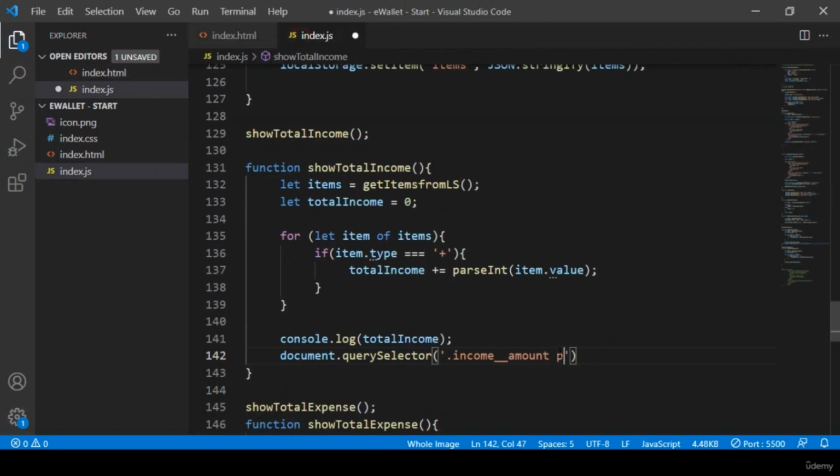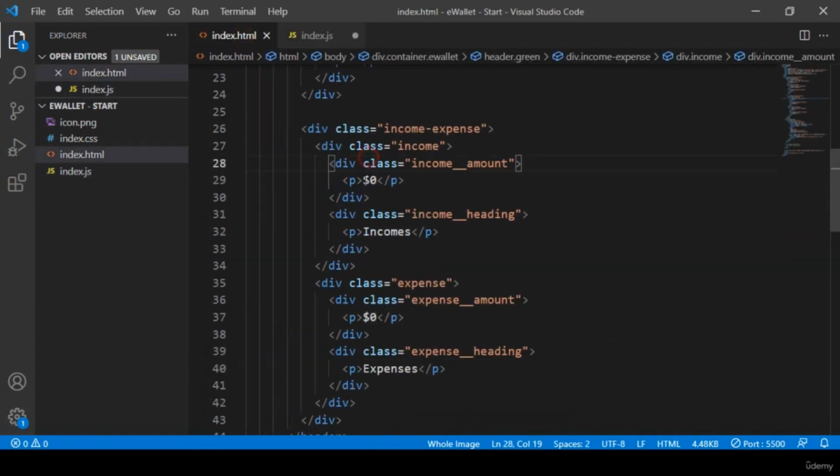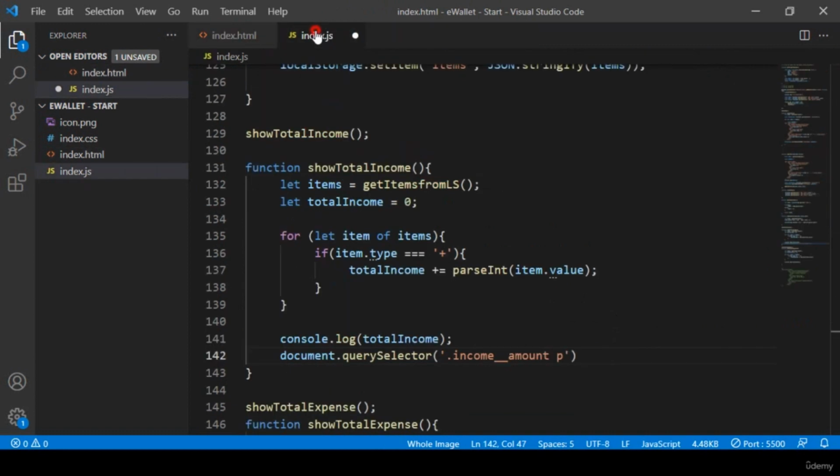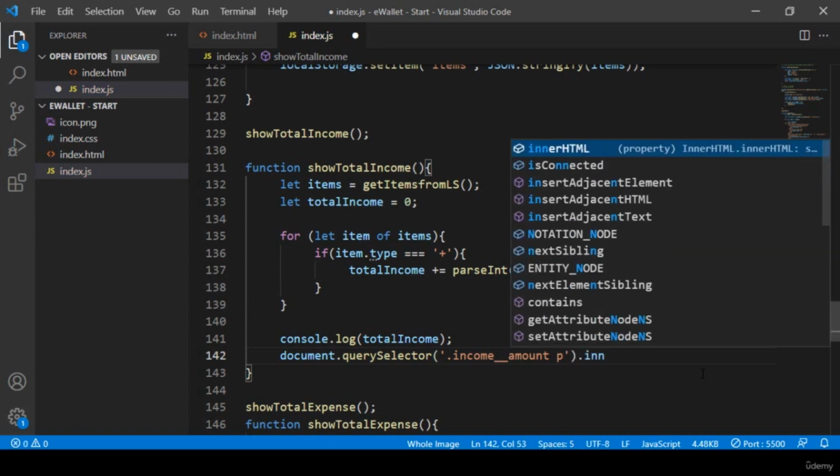Okay, here after this I take this p tag. Great, right? And after that p tag, that is one of the inner text, right? I want to pass that inner text in here. So that will be one of the inner text I want to do. After that, that will be one of the dot inner